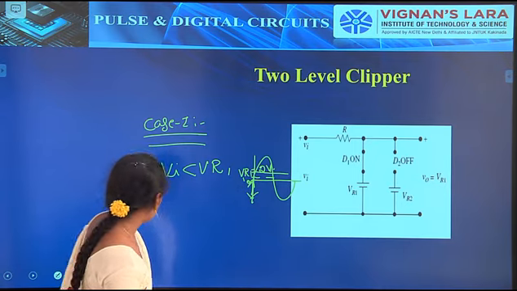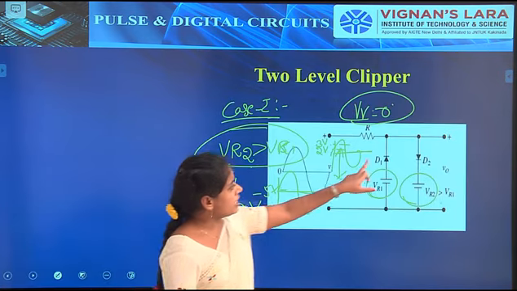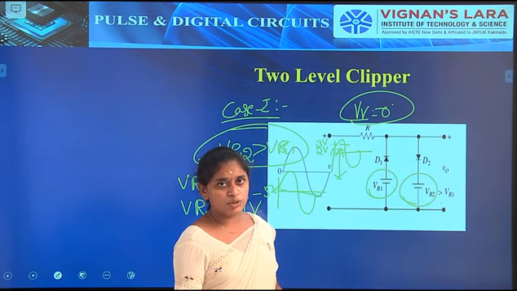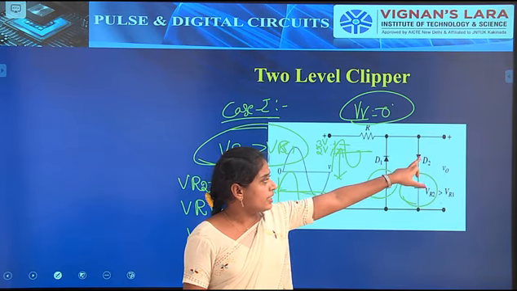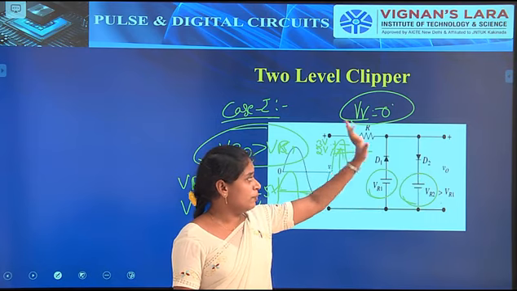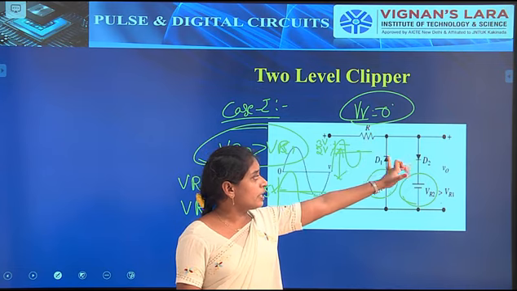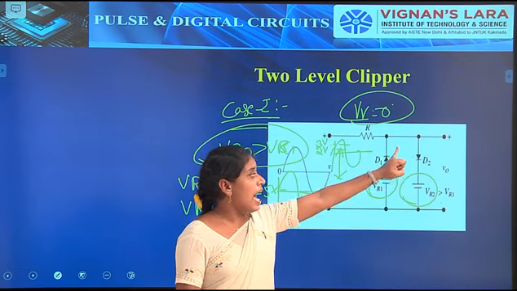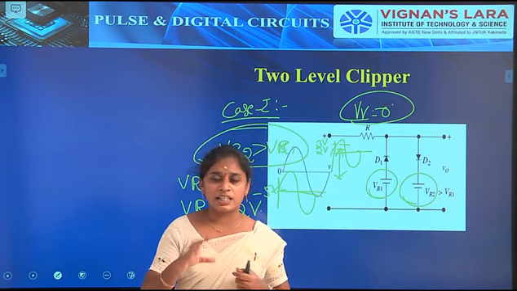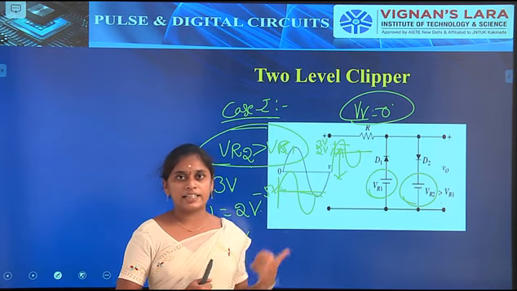So what happens when the input signal is given to this circuit? Here the input signal is applied to the cathode of the diode, that is D1, and the other terminal, it is also applied to the anode of diode D2. So the signal will be applied to the diode D1 cathode terminal as well as the diode D2 anode terminal. So simply, what is the condition for the diode to be on? The anode voltage must be greater than the cathode voltage.